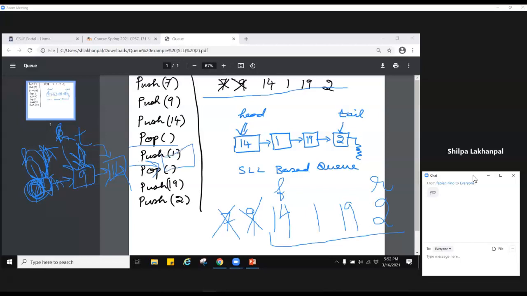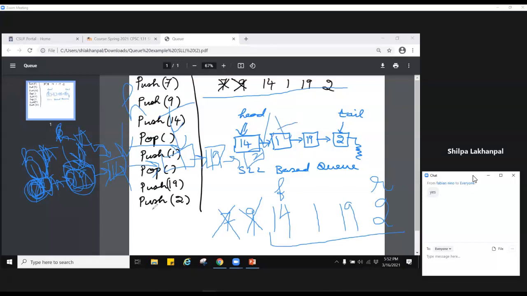So you append 1 over here, you update the tail. Then pop again removes the first element and you update the head. And push 19 and push 2 will just append 2 elements at the back. And you will be updating the tail.